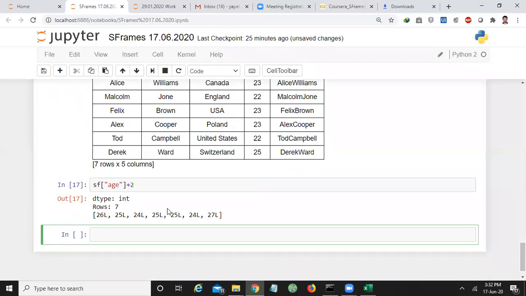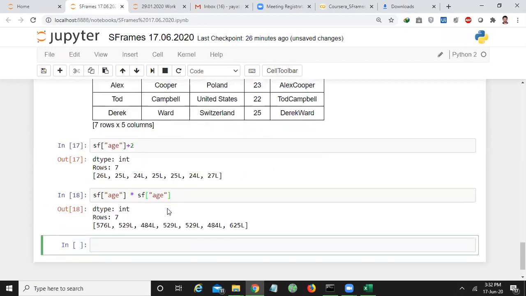You can directly add 2 to the column value like this. For example, if you want to perform another operation like this, age into SF of age. So this is the value that you can get.